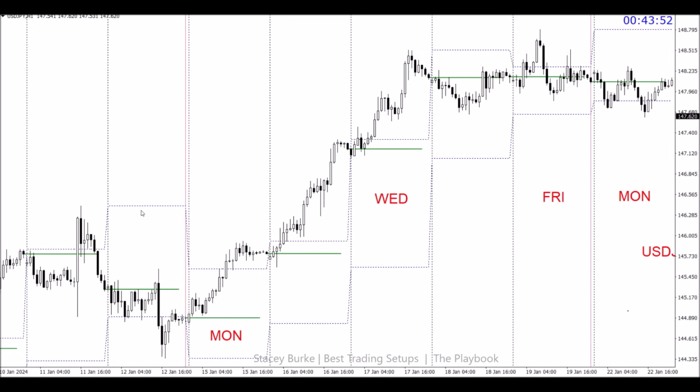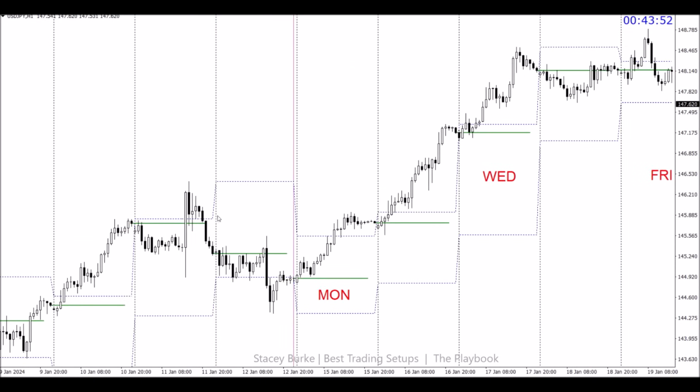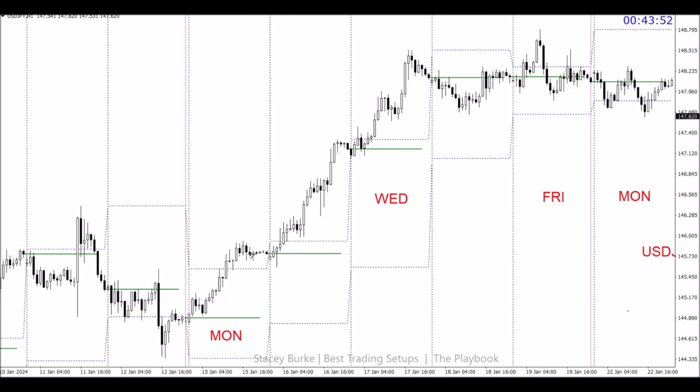So when we come into our closing range of the week on Friday, the market closes at the extreme of the previous Thursday's range on the Friday. And that is our new closing price for the week. Now, we'll go more in depth into weekly levels in a future video, but today I want to talk about out of balance markets. We have a market that on Monday breaks out,